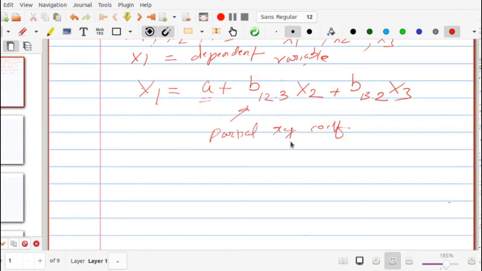The whole idea of this equation is to understand how one variable is related to more than one variable. If we have more than one predictor or independent variable and one response or outcome variable, here the dependent variable x1,